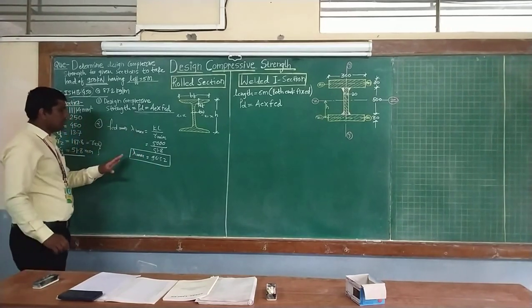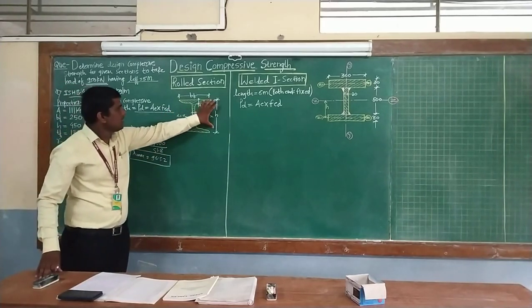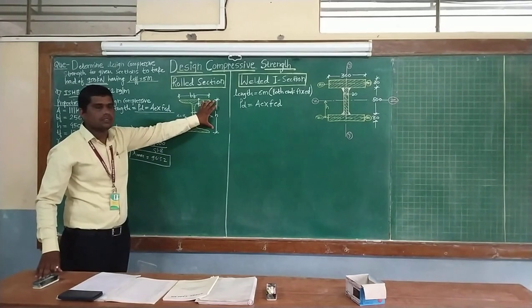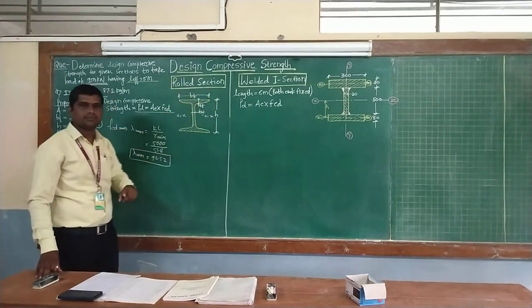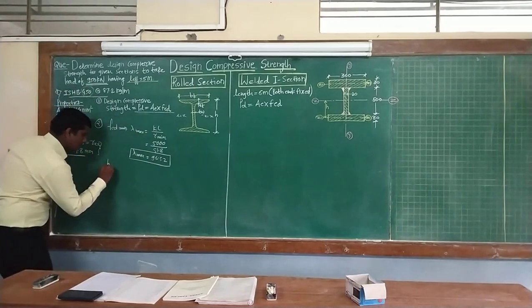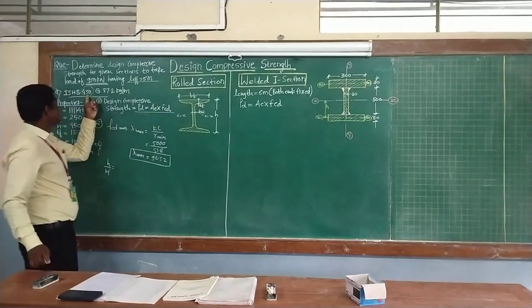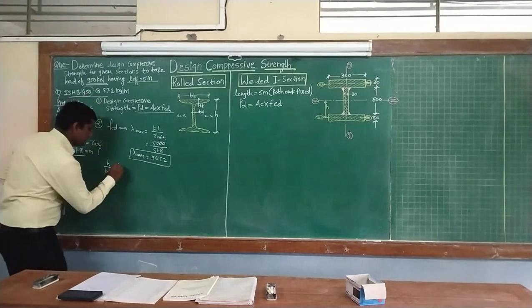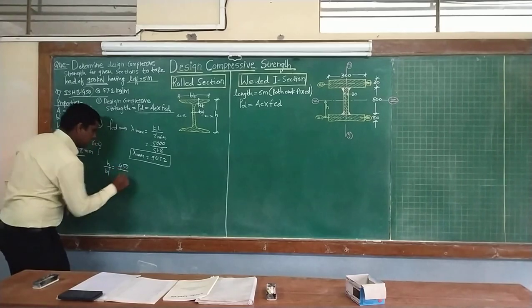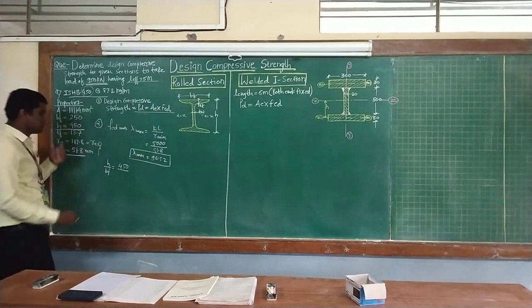For this particular value we are going to check the ratio of the depth of the I section to the width of the flange for this rolled steel section. So the ratio of H divided by bf, where H is the depth of the I section, which is mentioned as 450 mm, divided by the width of the flange, already given in the properties, that is 250.